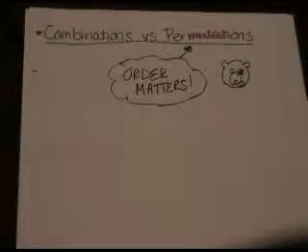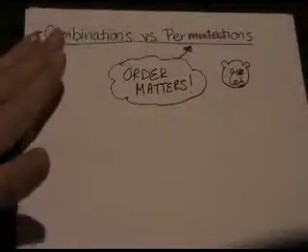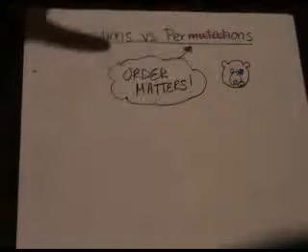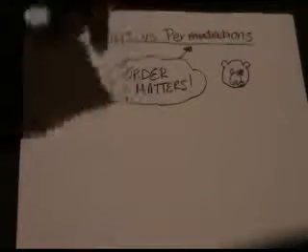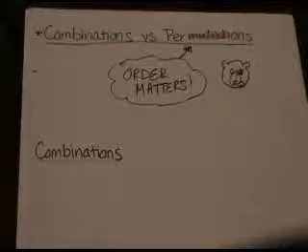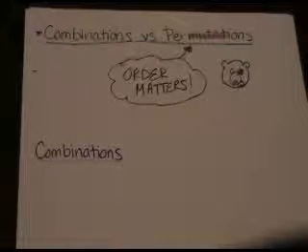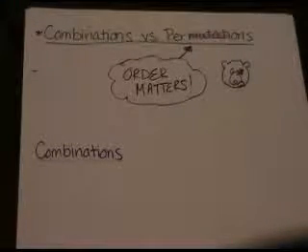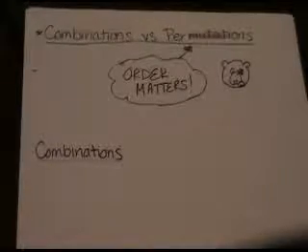All right, so let's move right into the differences. Because obviously, if there's a difference between what they represent, there's going to be a difference in how you calculate them. Let's go ahead and start with the first one on our list, combinations. Combinations is where you just choose a group of things. So let's say that you